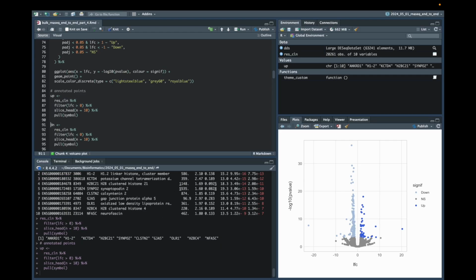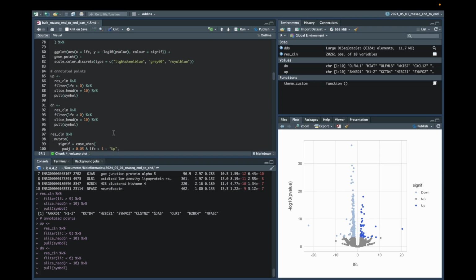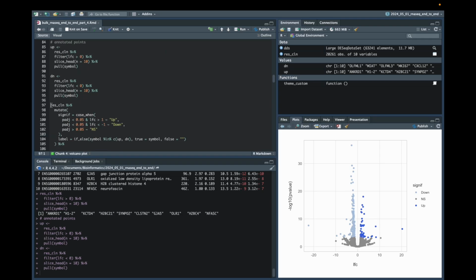We can assign that to the up object within the global environment, and then we can do the same thing for down-regulated genes, just changing the direction of the logical test for the log fold change here to be less than 0 instead of greater than 0. So if we save that, what we can do now is we can take the res_clean data frame, and